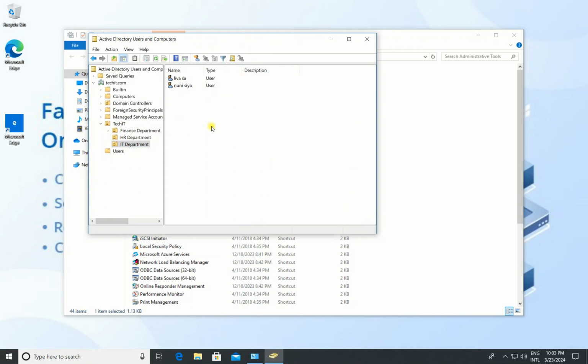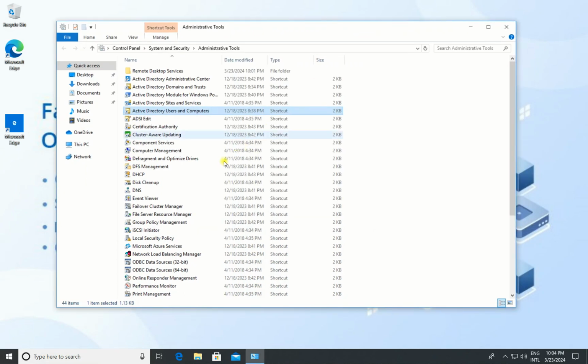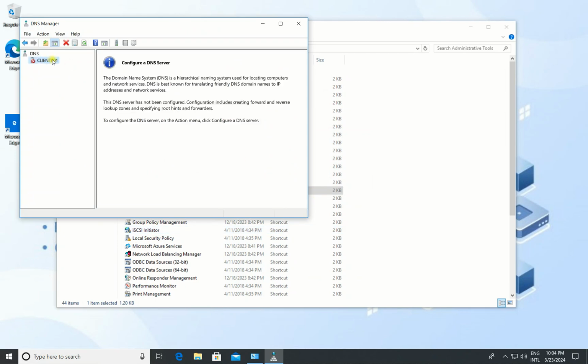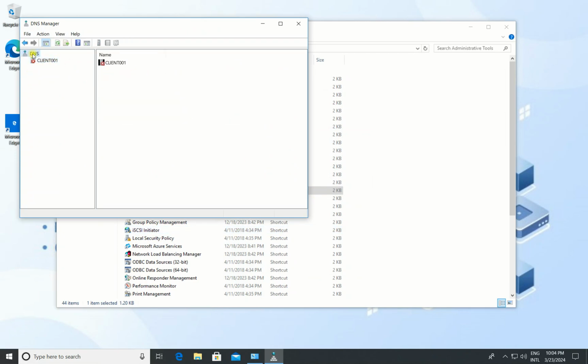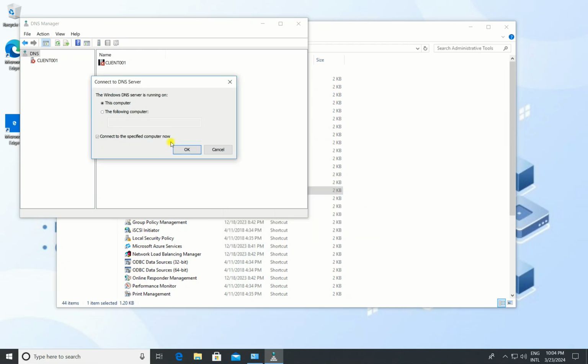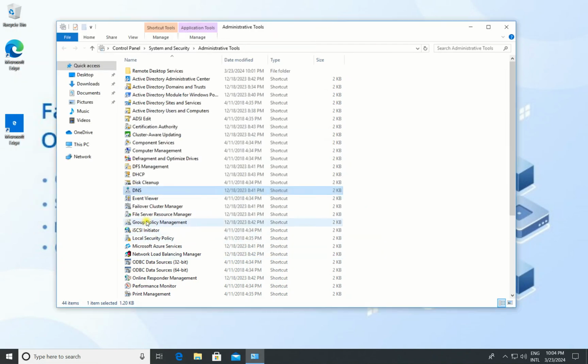The permission that we give is based on what you do in the group policy, whether the user has access to this tool or not. Like this user, I can access Active Directory Users and Computers. What if I go to another, for example DNS, and connect? It says the server is unavailable. Would you like to add anyway? You see, we don't have the permission. You cannot do anything. If I go to group policy management,